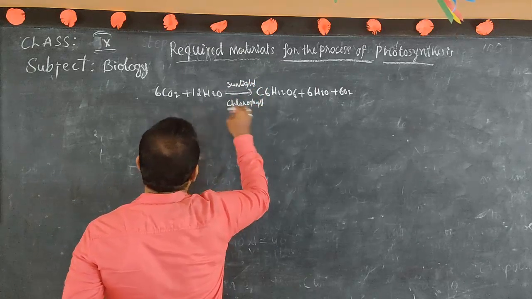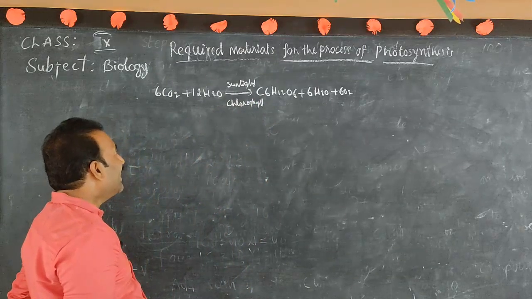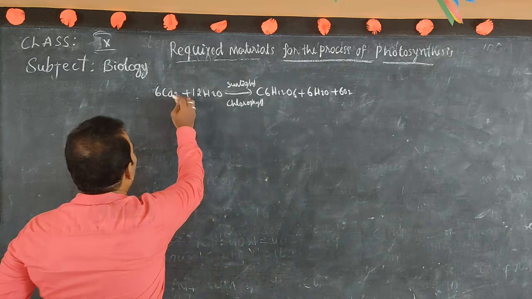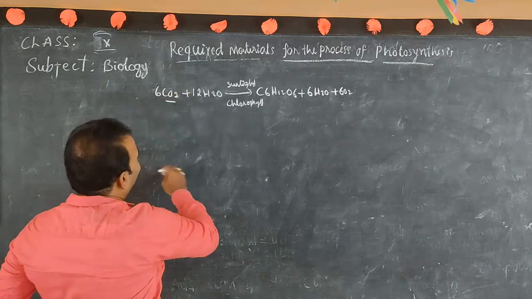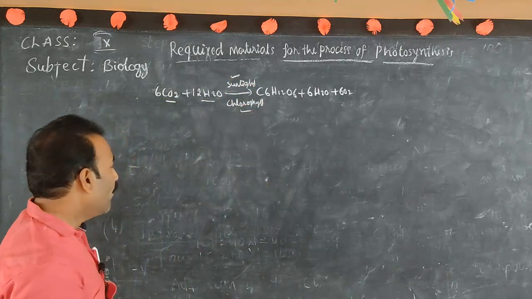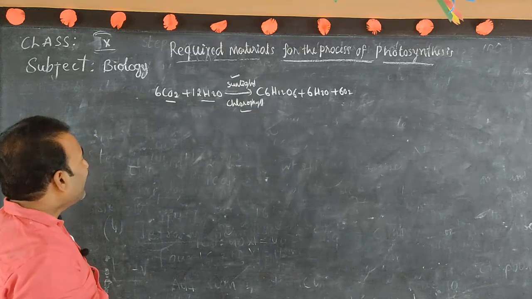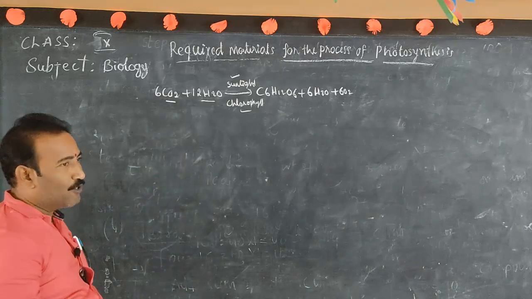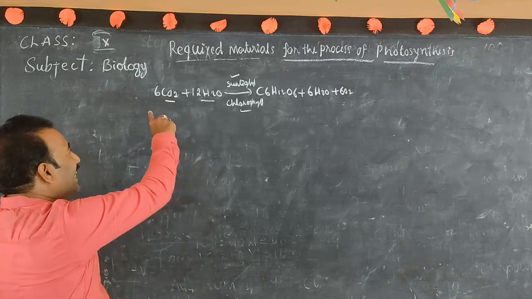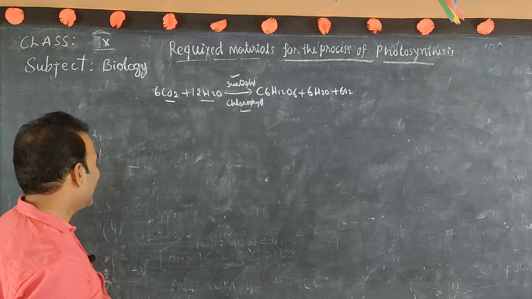If you observe this entire equation, several factors are related to photosynthesis. What are the factors? The factors related to photosynthesis are carbon dioxide, water, sunlight and chlorophyll. These are the important factors, and all of them influence the rate of photosynthesis, like in a chemical reaction.